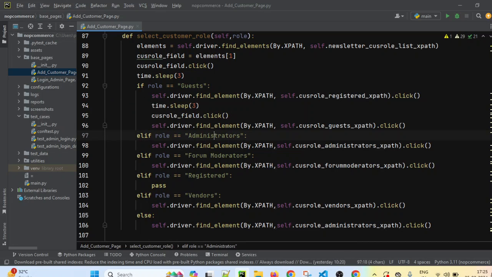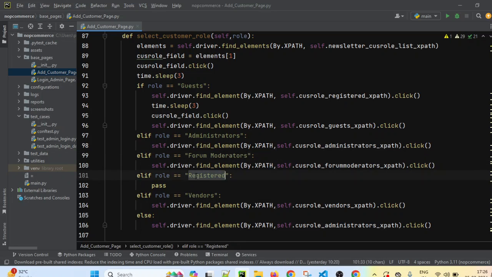If role equals administrator from the test case, and we want to assign the role as administrator, then we can directly select it after clicking. If the role is forum moderator, then also after clicking, we directly select that value.